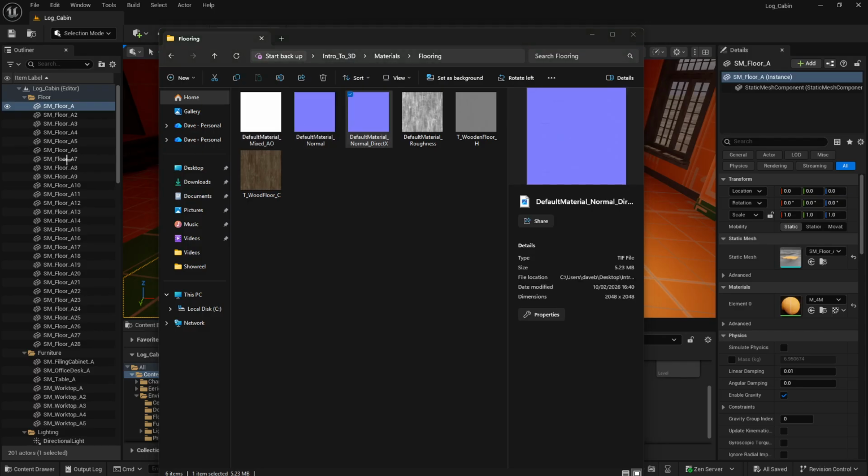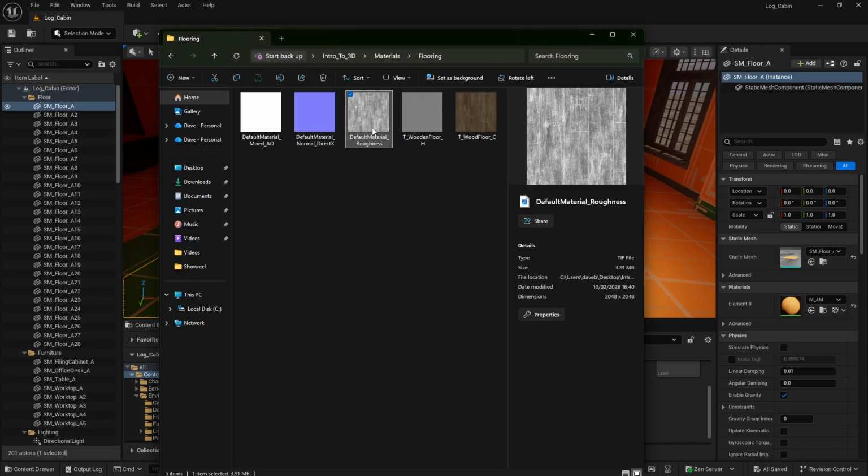See the difference between these two. Okay, so I'm going to get rid of this, because this null map's not actually got anything on. This is my roughness, so T underscore wooden floor roughness. This is my normal, so it's NM, and this is my AO, so this is T wooden floor